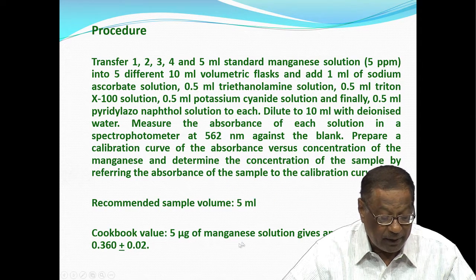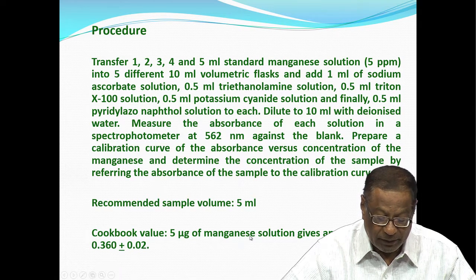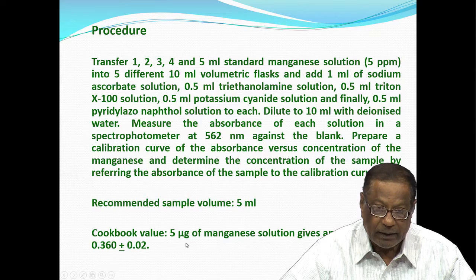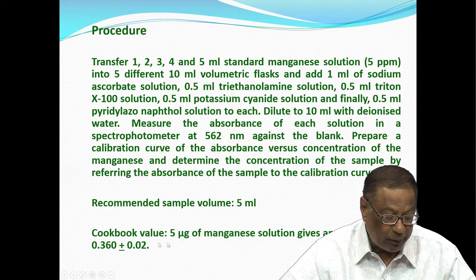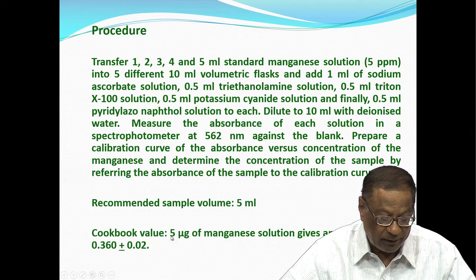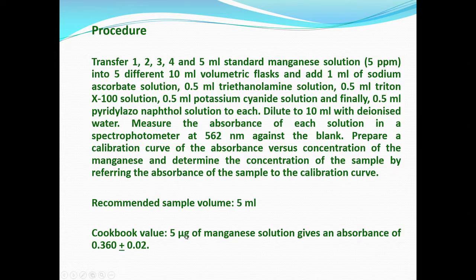And the cookbook value, recommended sample volume is up to 5 ml, and the cookbook value gives you an absorbance of about 0.36 plus or minus 0.2, that is 0.038 to 0.034, for manganese in about 5 ml of the substance. Regarding the interference,